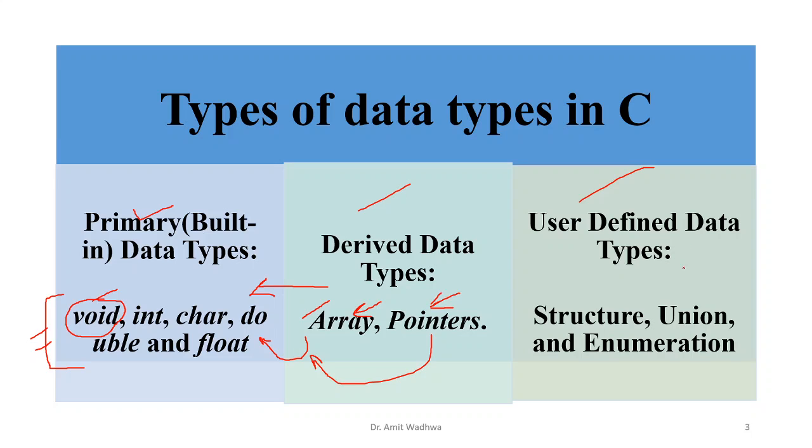Then we have user-defined data types. These are defined by the user. Examples are structures, union, and enumeration. Structures are basically used to have a collection of data types, which can be inbuilt or derived, based on the different types of data we need to store and work with. Similar is the case with the union, but the difference between structure and union is that in a structure we have